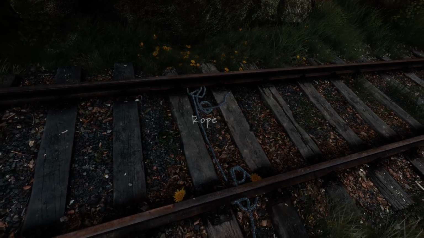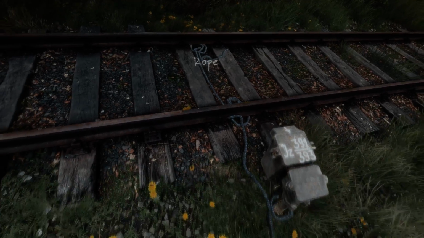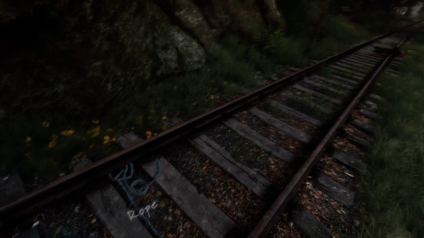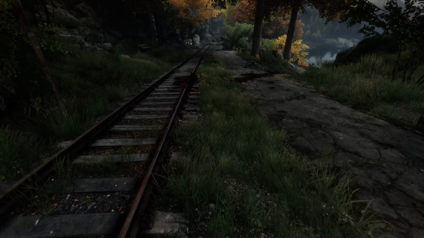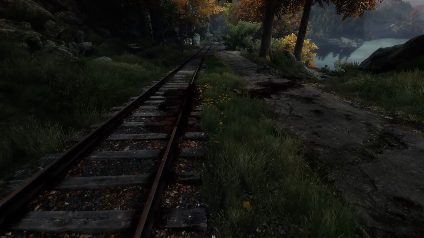Alright, so do we leave the rope or do we pick up the rope? Guess we leave the rope. This looks like blood